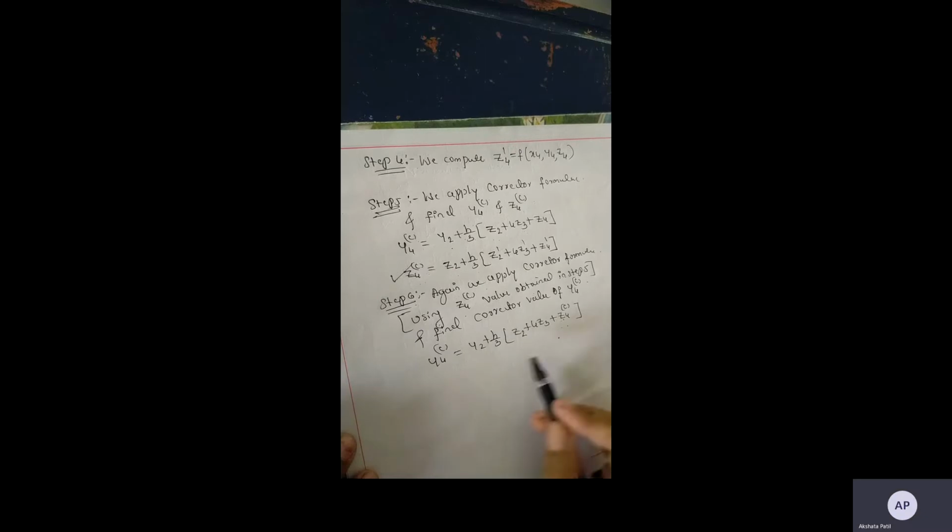Here, in this step 7, we observe the y4 corrector values, whether you get repeated values or not. Suppose you get the repeated values, then that is nothing but our final initial value solution. Suppose you are not getting repeated values, then this procedure will continue. So the corrector procedure we will do again.